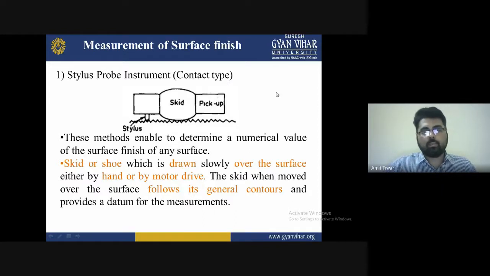So these are some basic instruments generally used for surface quality and surface roughness. This method is generally obtained by determining a numerical value of the surface finish of any surface. The option is that you can do experiments, say 5 experiments, on the same material with different cutting parameters. After that, you find the surface roughness, and it is easy to calculate from the given value, Ra. Ra means the surface roughness average.